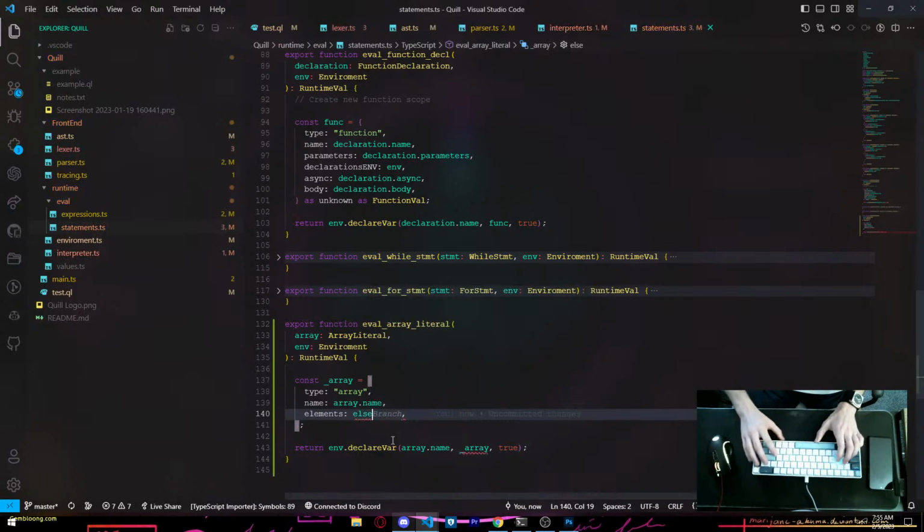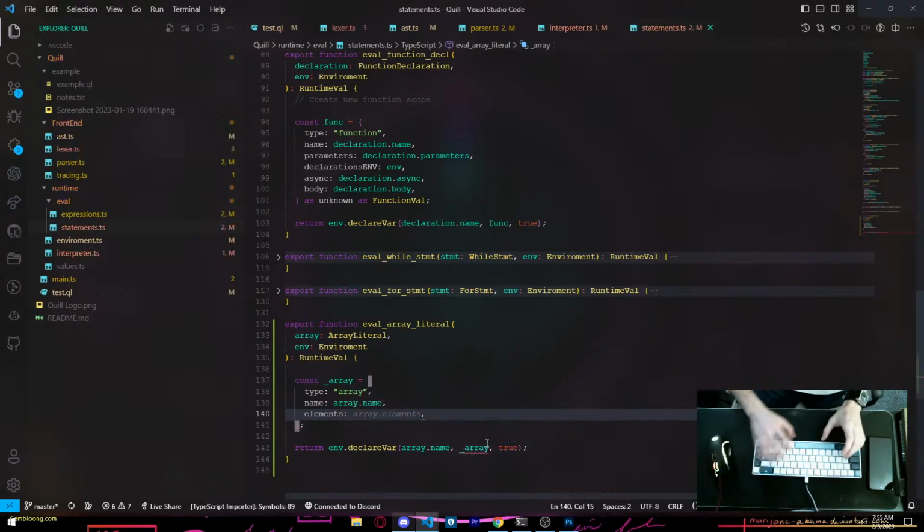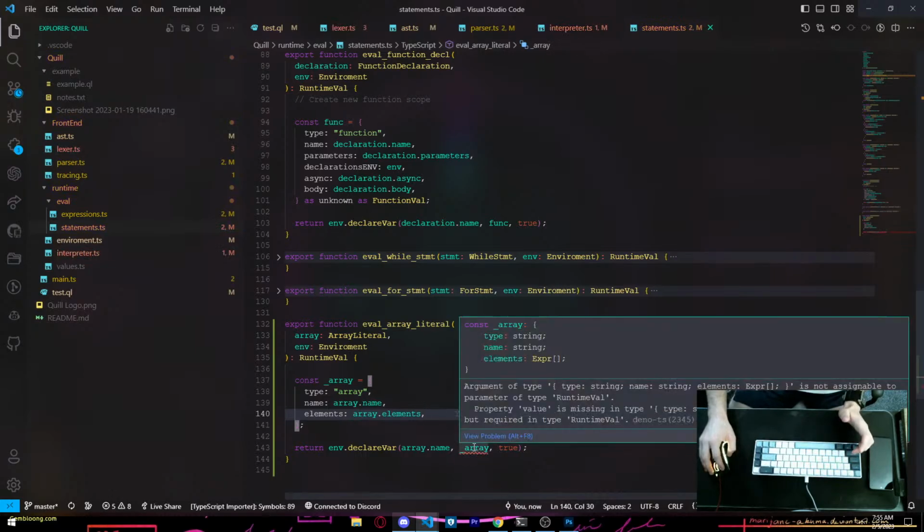I compiled it. But we want to say array dot elements. Really? I still can't.